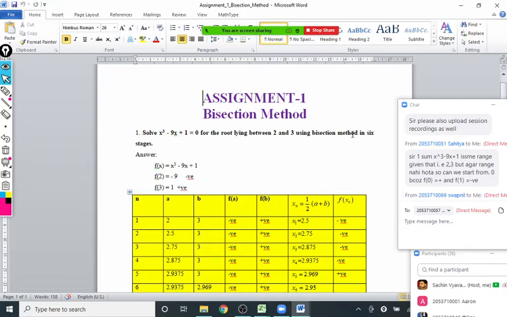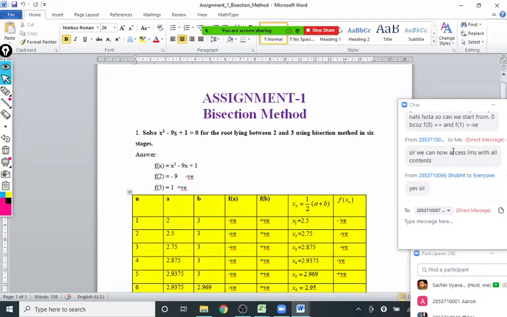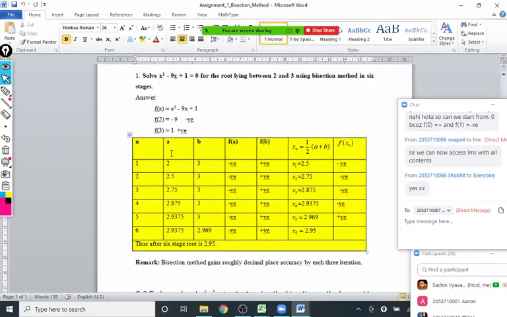Not all 3 roots are necessarily in the interval 2 and 3. They may be away from that. But whatever is given to us, that only we have to follow. Is it clear? The question is to find the root of this cubic equation in the interval 2 and 3. So we check whether f of 2 and f of 3 have positive and negative signs. If so, we are assured there is a root in the interval 2, 3, and then we will do it in a table form like this.